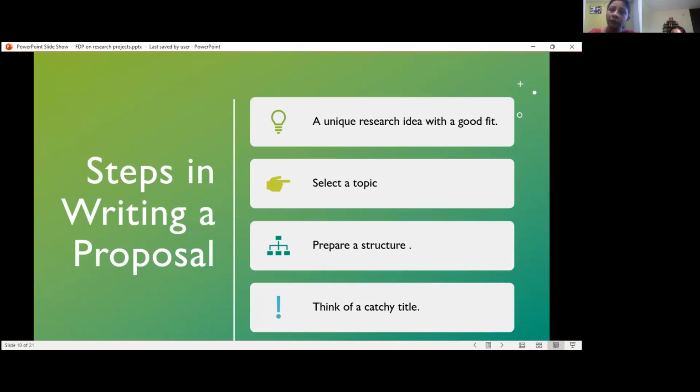How will you get this unique research idea? Read. Read newspapers. If you're a faculty, read journal publications, right? Read whatever is there on social